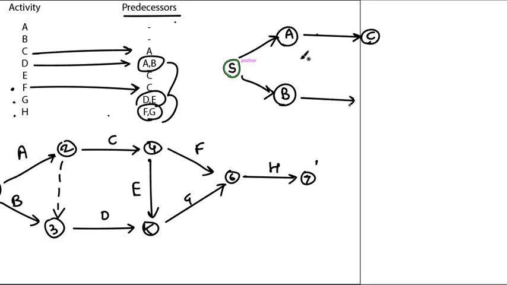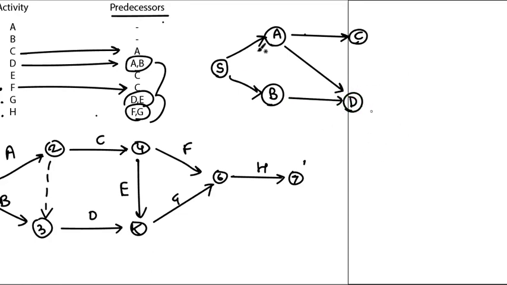So for D to be completed, B and A both have to be completed, right? Correct? Am I right? Okay, so then E comes from C, F comes from C. I'll just maximize my space. So E comes from C and F comes from C. But D and E are close together. So all you have to do is take E in the center, right? E is coming from C.